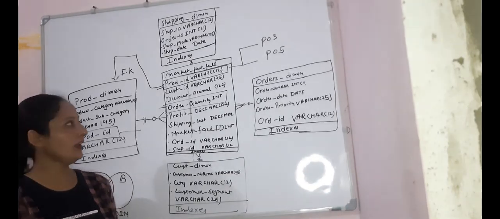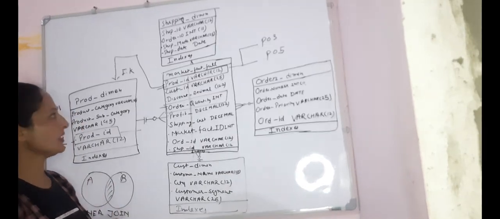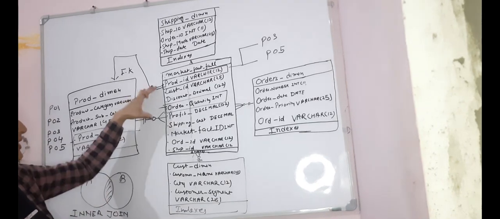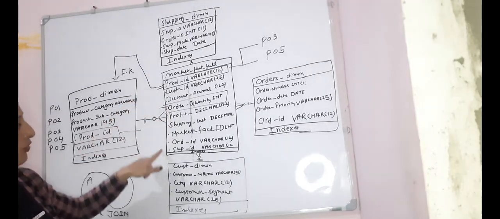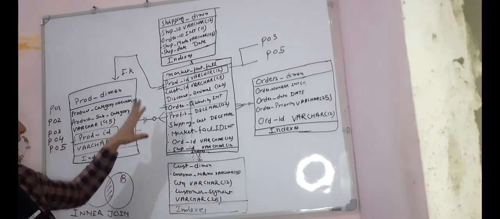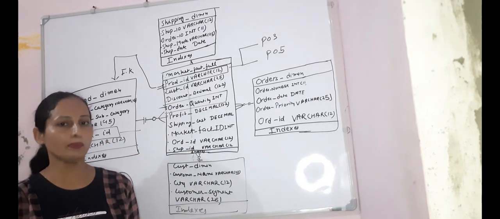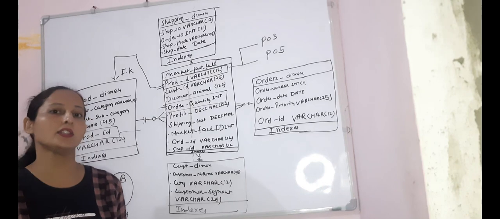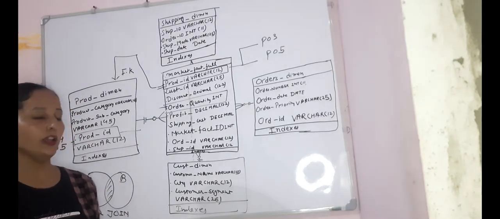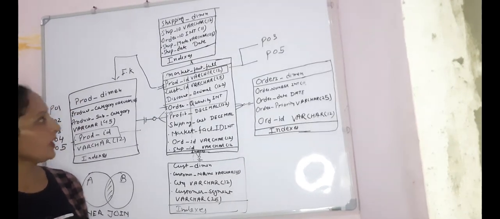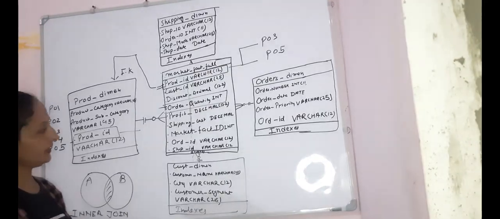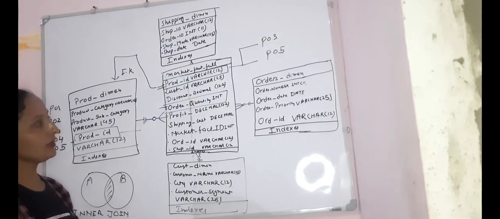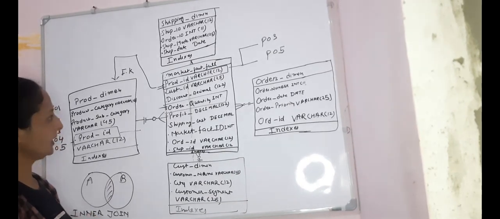Let me consider if we want some data related to product ID and order quantity, which is part of the market fact table. If we want any data which is part of only one table, it is really easy to retrieve that information. But when we have tables interconnected differently, and we want some information from there.